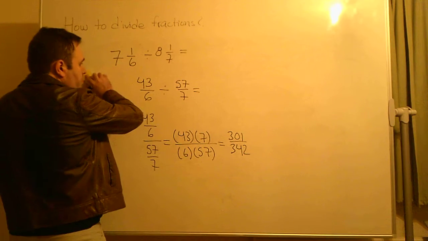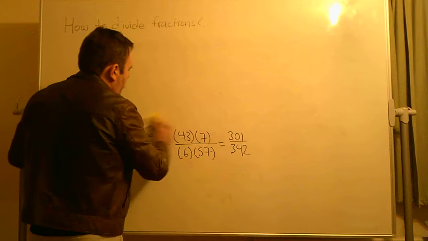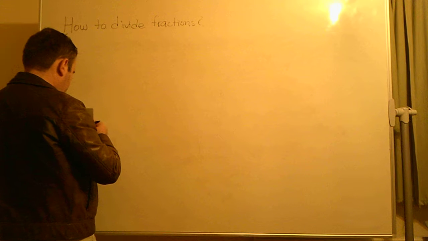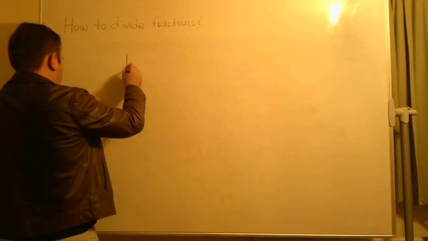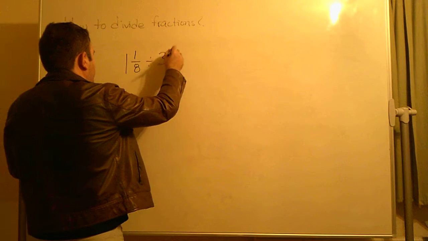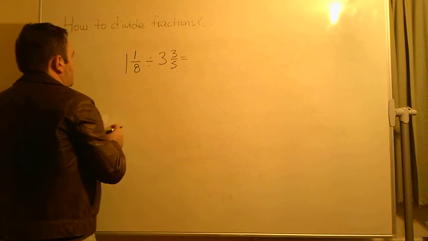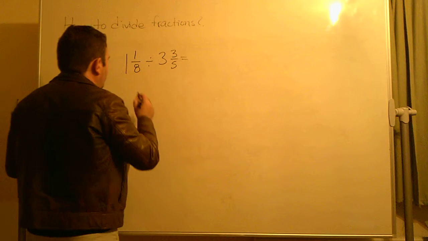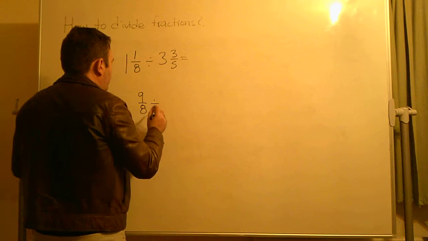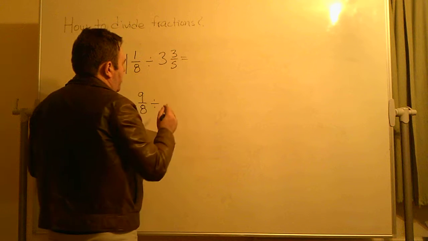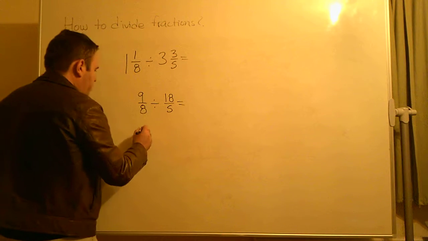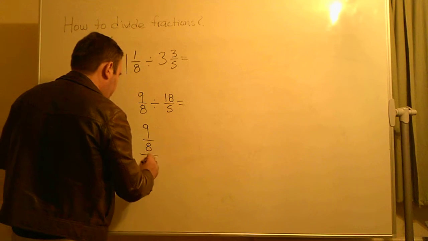So, another example. This will be 1 integer 1/8 divided by 3 integers and 3/5. So, first we turn this into improper fractions. 8 times 1 is 8 plus 1, 9/8 divided by 3 times 5 is 15 plus 3 is 18/5. Yeah? So we divide 9/8 by